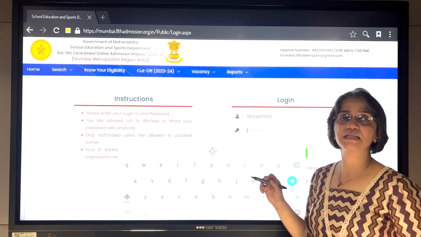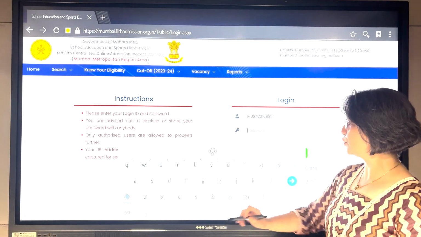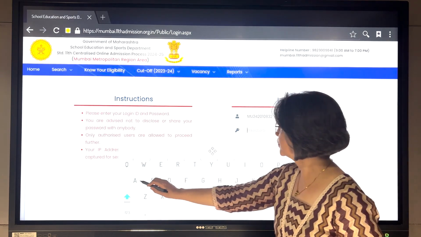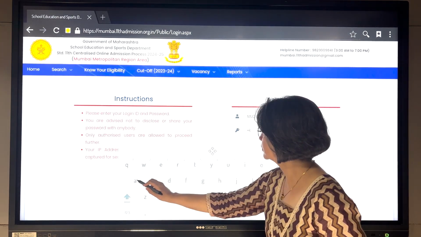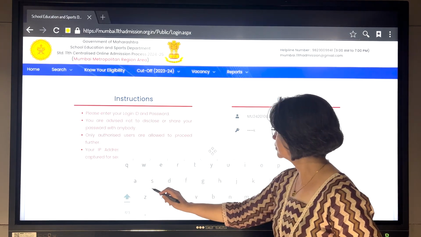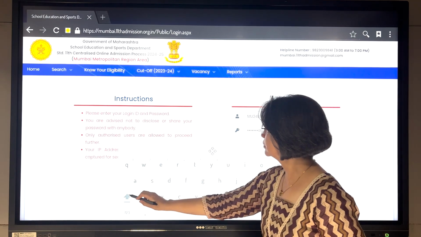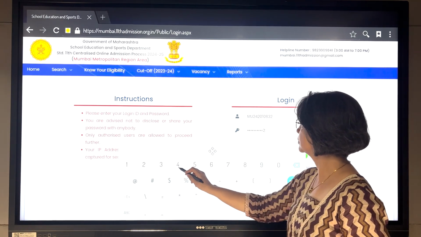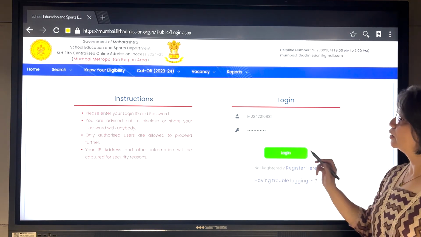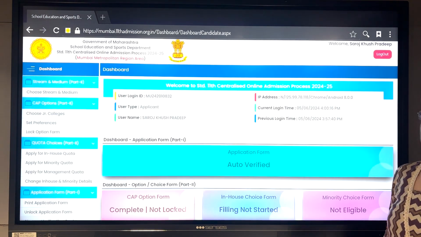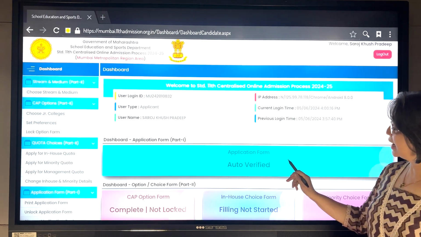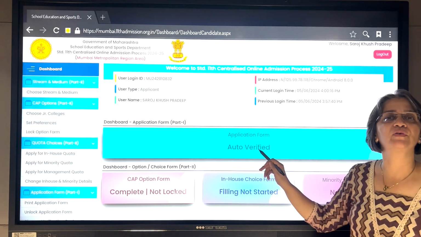The password you have generated, you may have received it in your email or as SMS. Fine. Login.